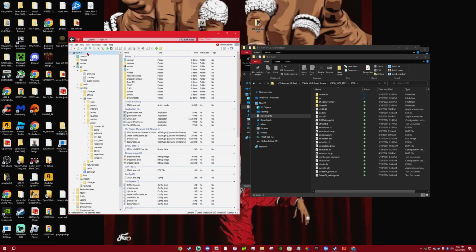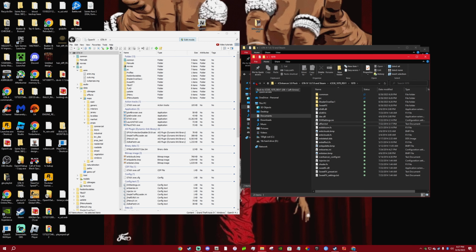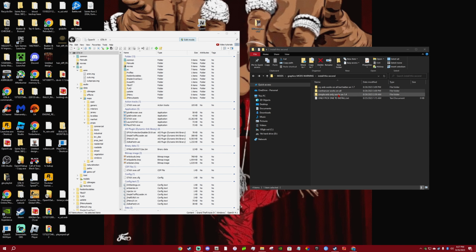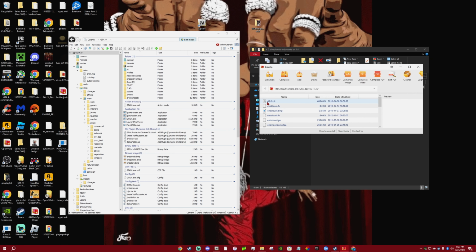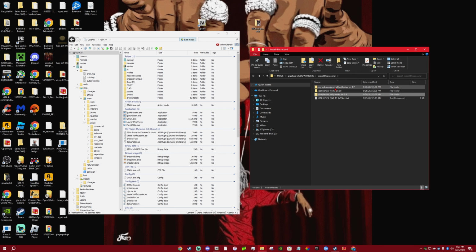You want to click GTA IV on OpenIV over here at the top. So you're at the main directory where it shows GTA IV EXE and things like that. You want to highlight all of these, and you just want to drag and drop it right in there. And now your ENB is installed. And you do the same thing with Simple ENB. If you chose Simple ENB, I'm not going to extract it here, but you're going to do the same thing. It's going to be all of these files. When you extract them, you want to highlight all of them, and you want to drag and drop them into the GTA IV base directory right here. It's the same thing for both of them.